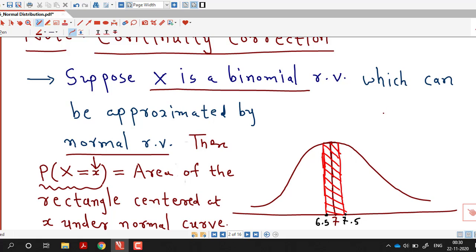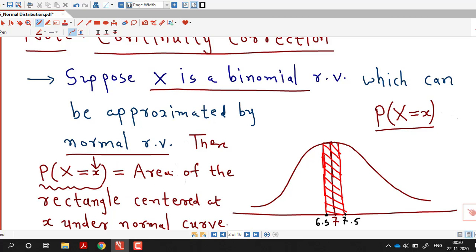As we know, if our random variable is continuous, then the probability that X = x is 0. So if we want to approximate this probability that X = x, then we have to consider